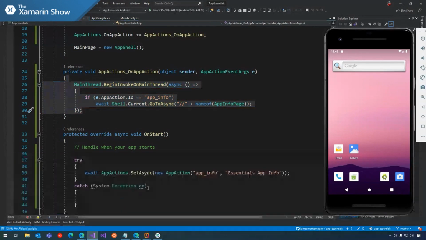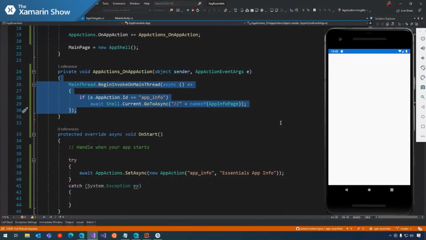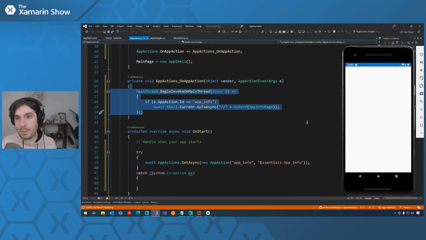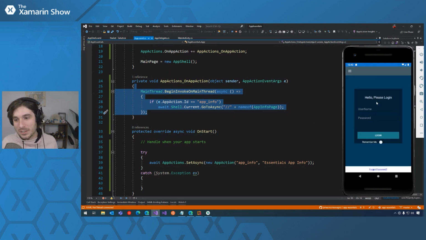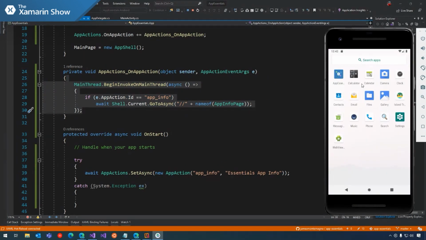Here we go. Perfect. Now, this is pretty cool because our application has been deployed. This is the same app that we've been using for the entire Essentials API of the week, and we've upgraded it to all the different versions, and it's just this little login page here. So now when I go to the home page here and I long press, see it says Essentials app info. It's completely different.